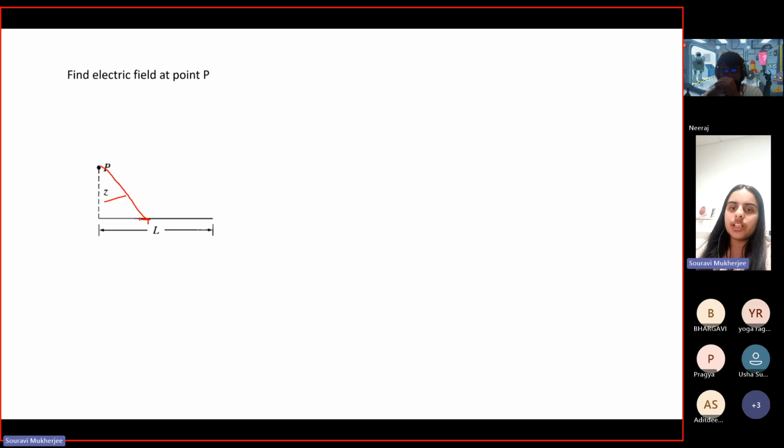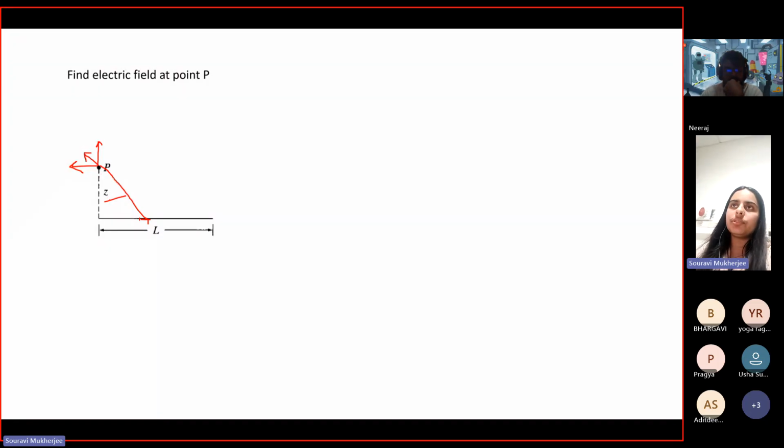Always for these questions, one has to be careful about the components. If you want to find the field in this direction, what would happen here? Because of this, you would have some force, suppose, right? Now you can break it into these two different components. So when you have to write vectors, be careful about what component to choose. In many cases, because of symmetry, some components will turn out to be 0 quite easily. So look for symmetry in the system.